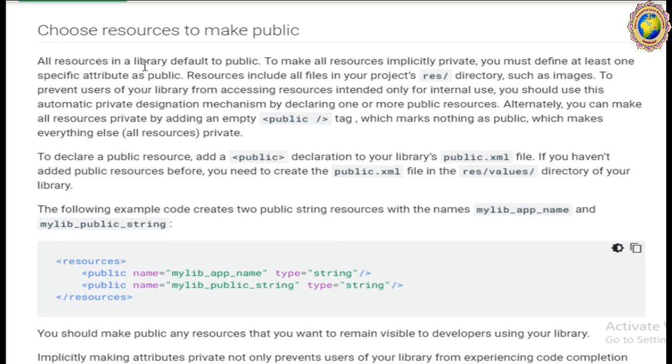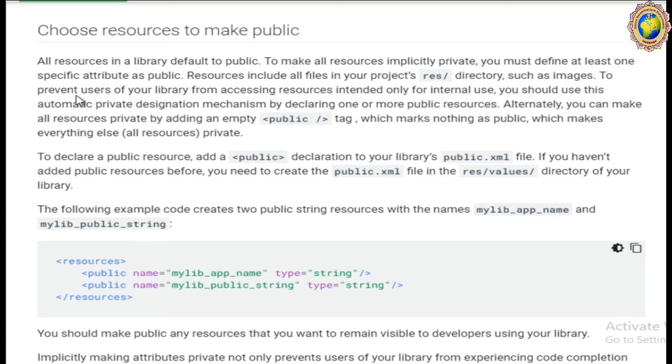Now choose the resources to make public. All the resources in the library default to public. To make all the resources implicitly private, you must define at least one specific attribute as public. Resources include all the files in your project's resource directory, such as the images.